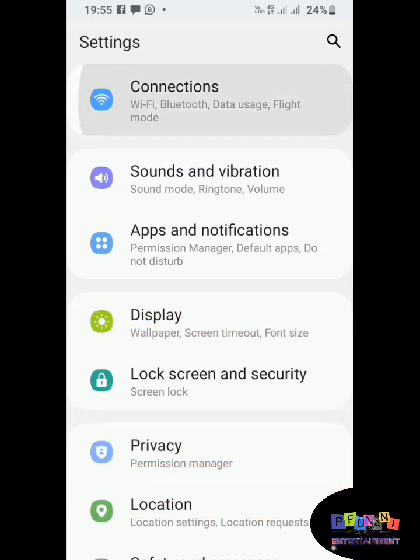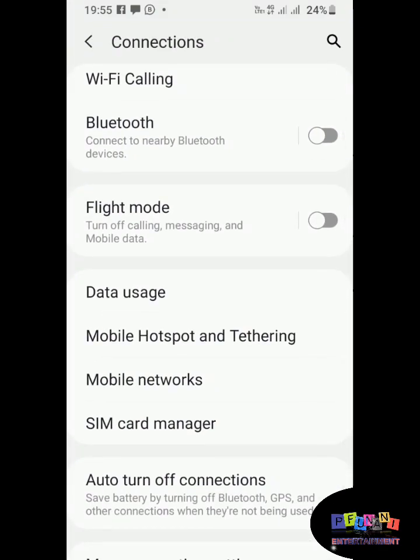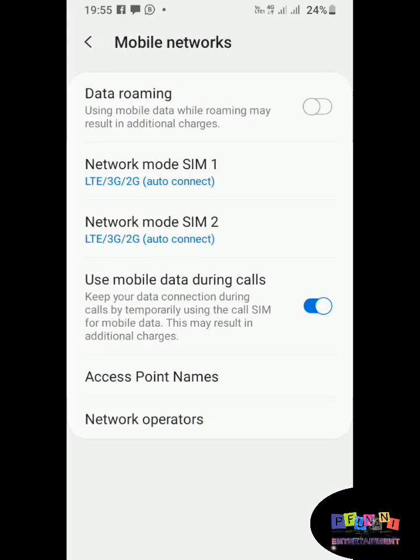So you can go to your settings and then go to mobile networks, and then first step, guys, as you can see there on top where it's written data roaming, you see there